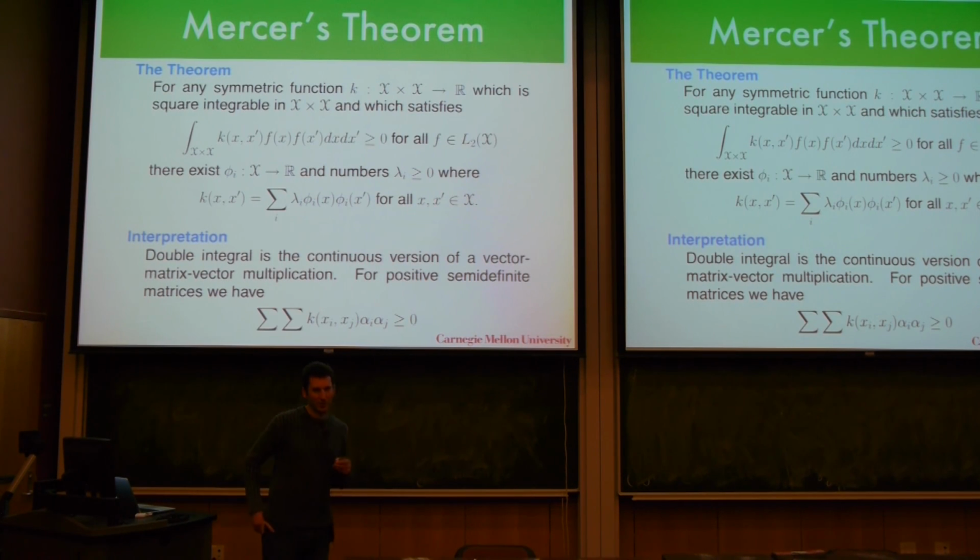Now if you have never had analysis, this is good, because all this is just a continuous version of a vector by vector multiplication, right? So all we're doing here